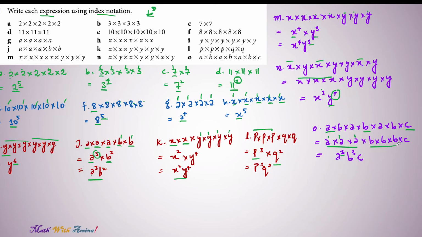When there is an index of 1, we skip it. So with no index expressed, it means the index is 1. That's all for this question. This is the index notation you have to keep in mind. Base is the number that is getting multiplied with itself, and exponent or index is the number that